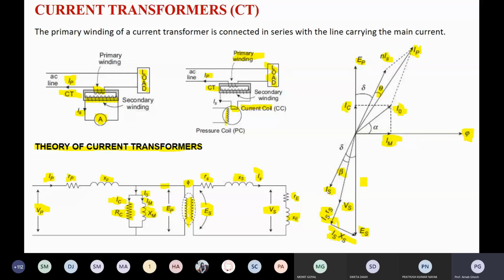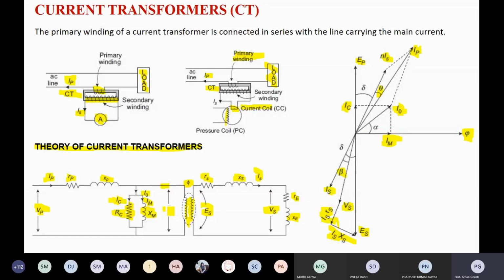Definitely both should be countering each other, from the basic convention. The direction of VP will be the positive y-axis, and the direction of EP should be the negative y-axis. Then you can see who is the cause: EP is your cause and ES is your effect. So both should be countering each other. That's why you are considering ES on the minus y-axis, and EP on the positive y-axis.